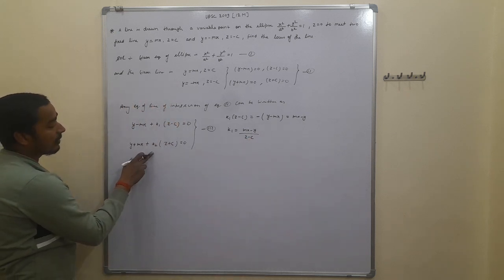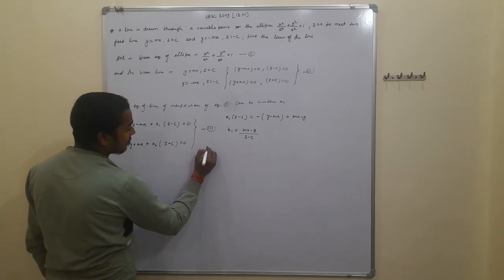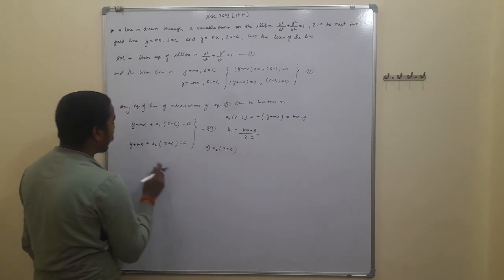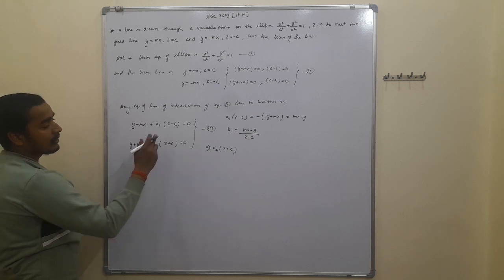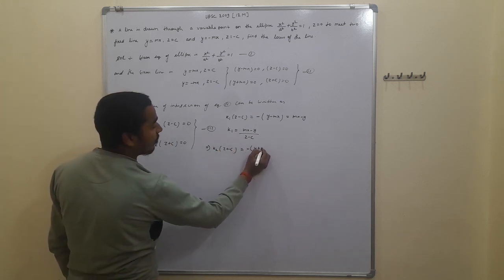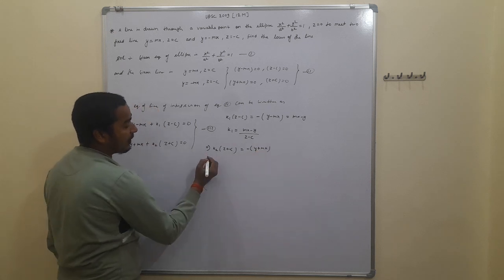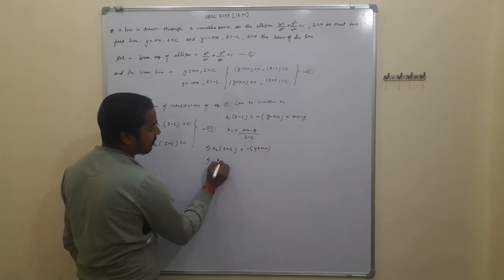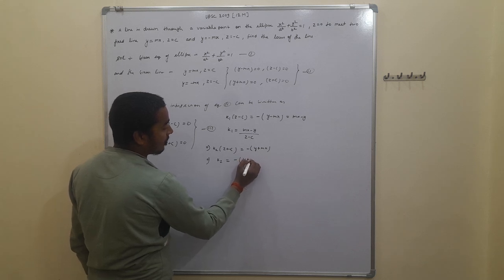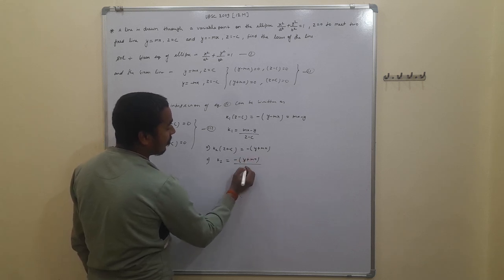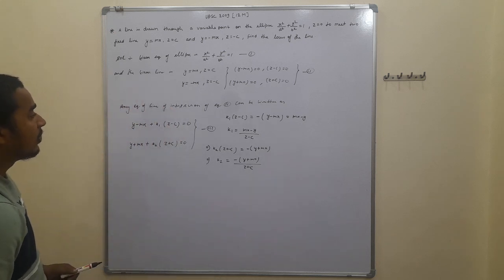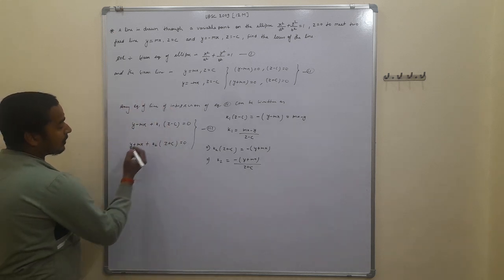Further we have to find the value of k2 from here, that is k2 into z plus c, and y plus mx is taken to the right hand side, that is minus of y plus mx, and from here k2 is equal to minus of y plus mx upon z plus c. This is the value of k1 and k2,